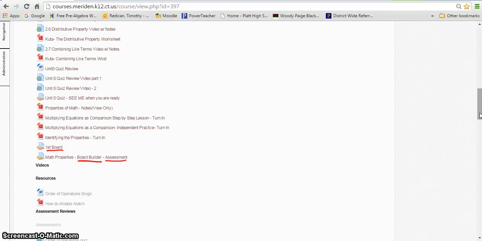Okay, this is after you completed the Unit 0 quiz and a couple worksheets on properties of math. This stuff right here will relate to what you have to do for your board builder. But first we have to get used to the board builder. So if you click on first board,